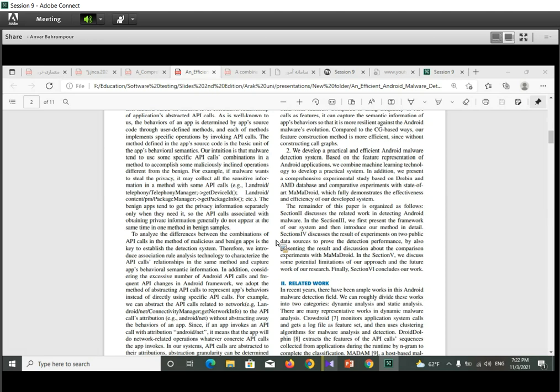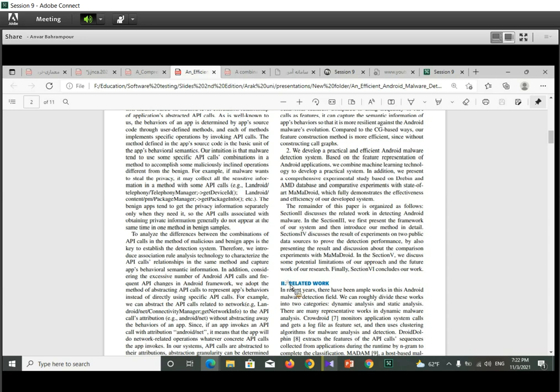For example, you should refer to Wikipedia about new terms, or you should see some online videos from YouTube about the main terms of the paper.